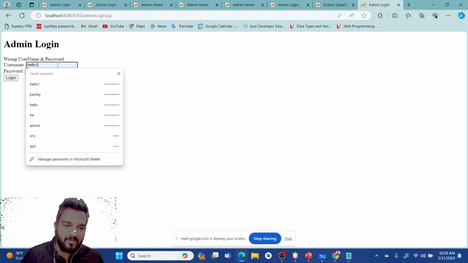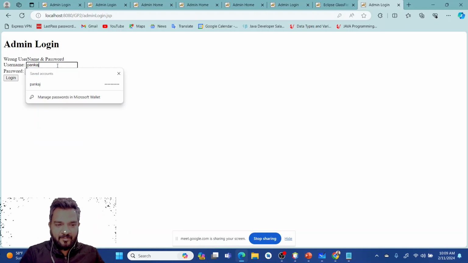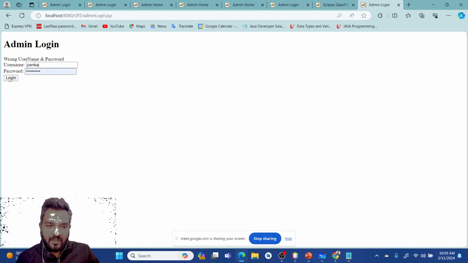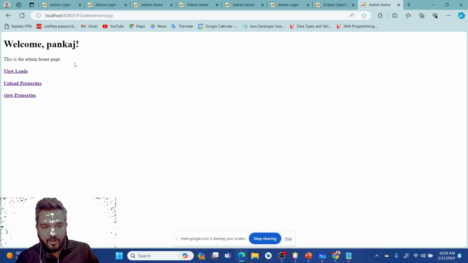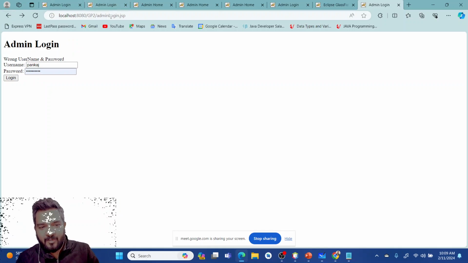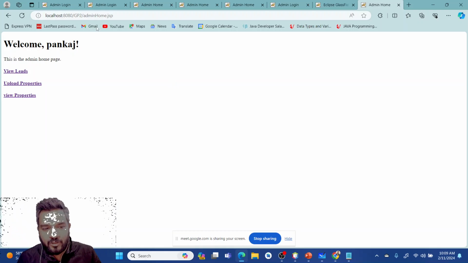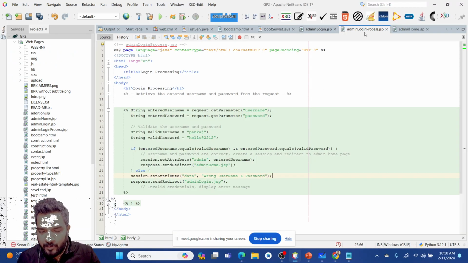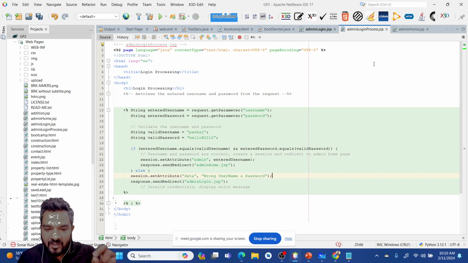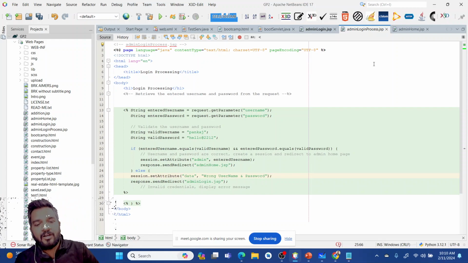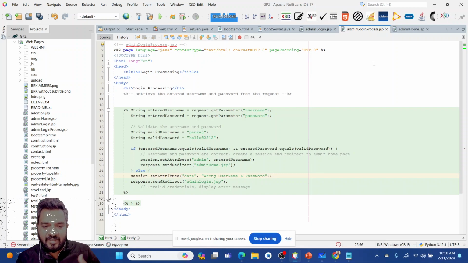The user should not know that when I enter the right username password, I reach the admin home, but there was a page in between. I log in from admin login and reach admin home, but it is not going directly from login to home. It first goes to the admin login process, validating the data, then it redirects to the admin home or back to admin login. So that is your controller page. That's how you create a web application.